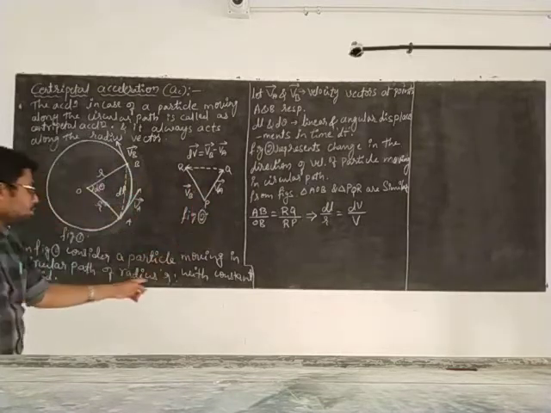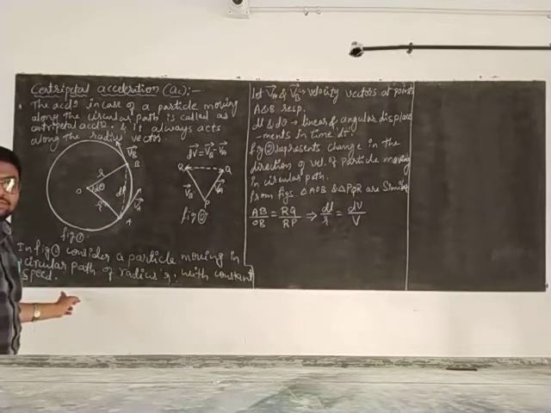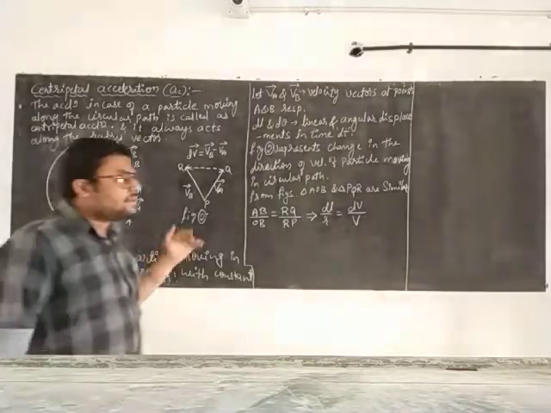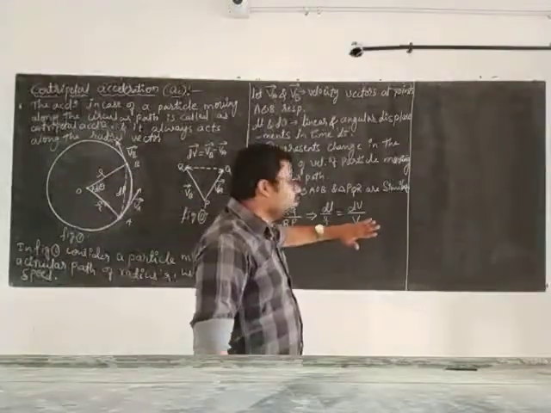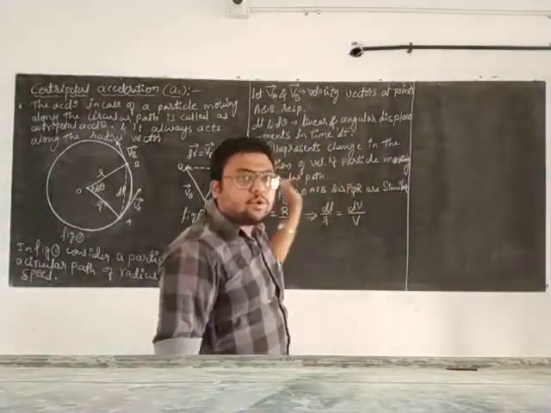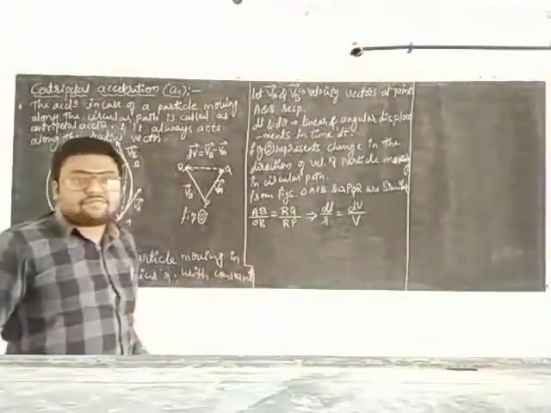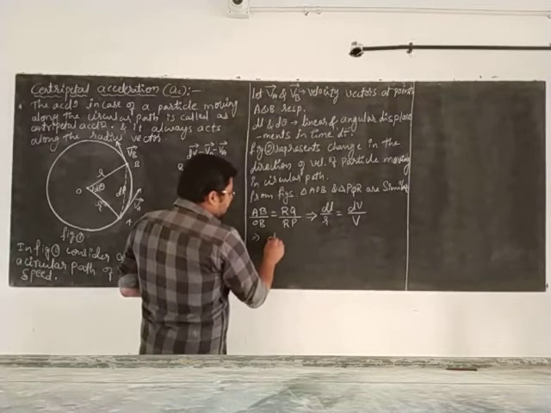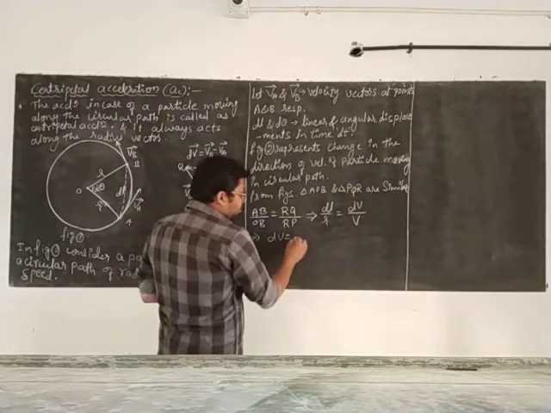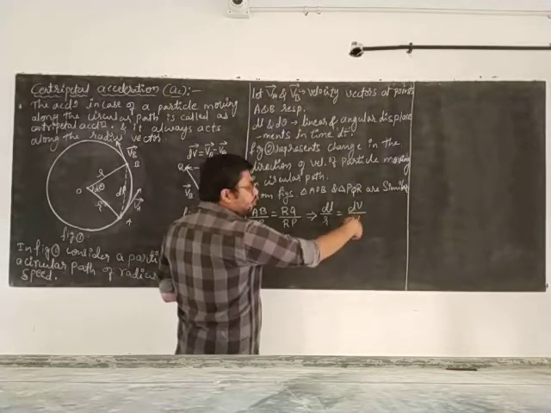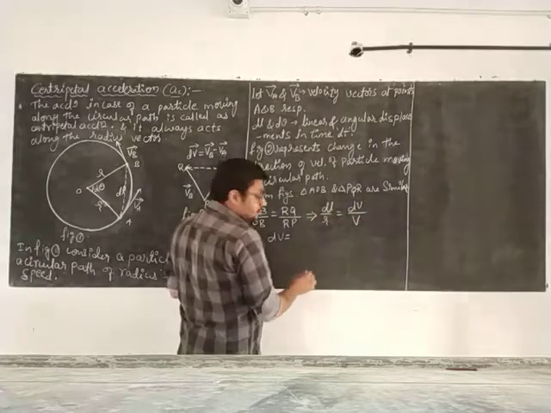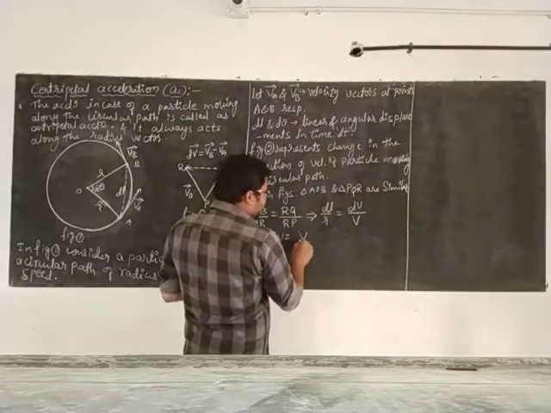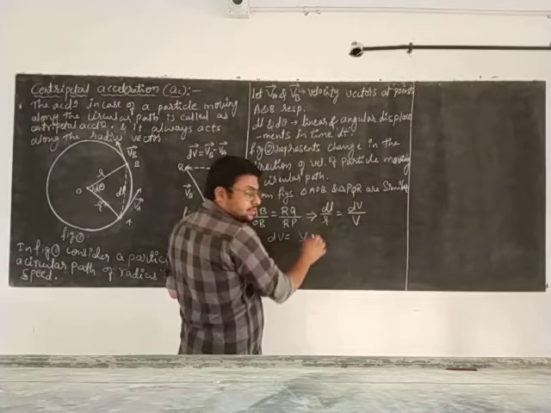That's why I use the constant speed term. Without considering the direction, I just write only the magnitude. Both magnitudes are equal, so I write it as V. So dV is equal to, you have to bring it to the other side, V divided by R into